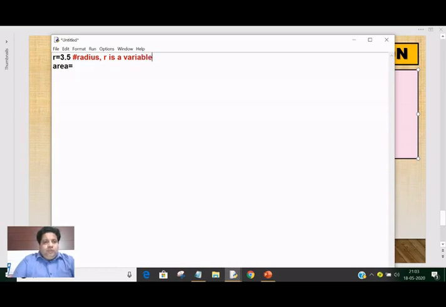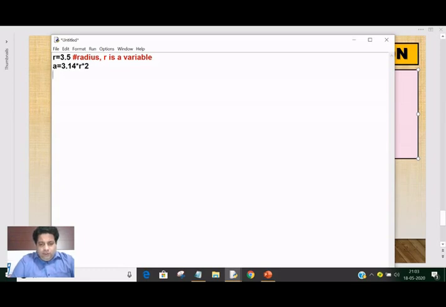Now you have to calculate the area, so take another variable a, or you can give any name to this variable, a or x or y. So I write a equal to pi, where the value of pi is 3.14, into r square. It means into r into r. Like HTML, you cannot write in subscript or superscript. Okay, this is one way.